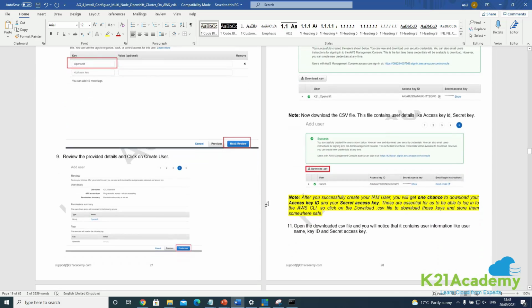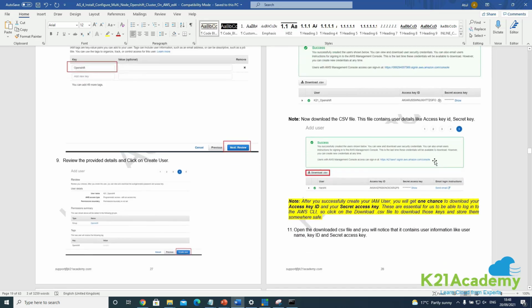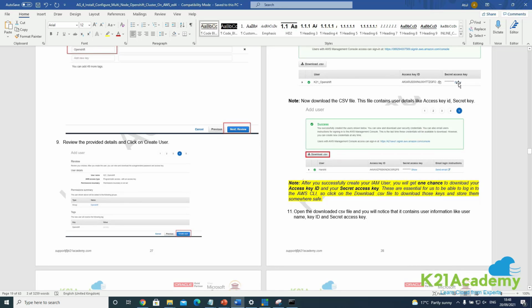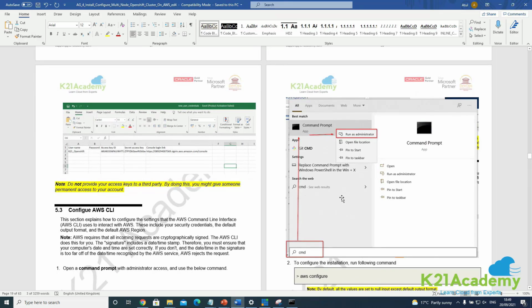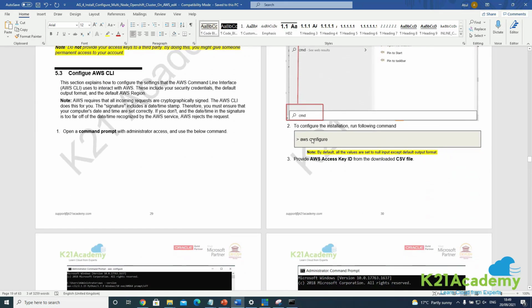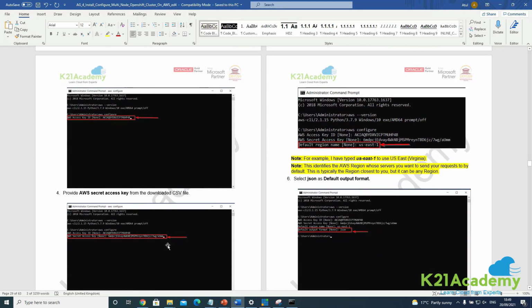And once this user is created, we'll be getting a CSV. Make sure that you make a note of this CSV. You'll get an access key and token. You will not be able to retrieve this token later, so make sure that you save it and make a note of this user ID, the account access key and the token. We'll use it later when we're ready to configure the CLI. At that time we'll say aws configure and use that key ID and the token that we have to configure